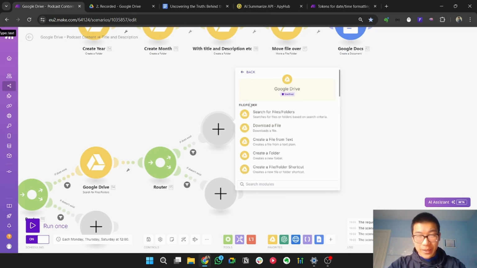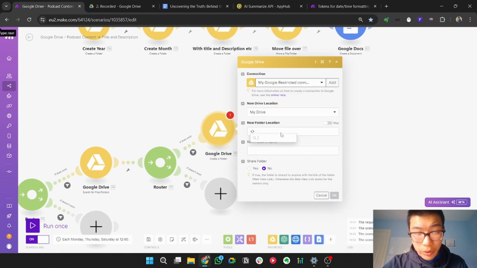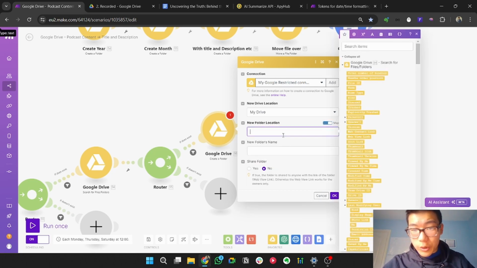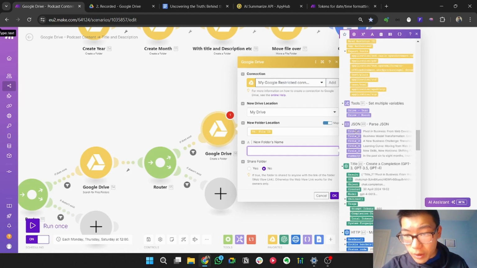So from here, if it does exist, that means all you have to do is create the file that's going to house the MP3 file and also the text file that you're going to be generating. So I'm going to create folder. So you create the folder and you put it inside. So if it does exist, you can map it, and all you have to do is put it inside this file ID, which is this one here, because it does exist. And a new folder's name is going to be this first one. You can pick any of them, right?